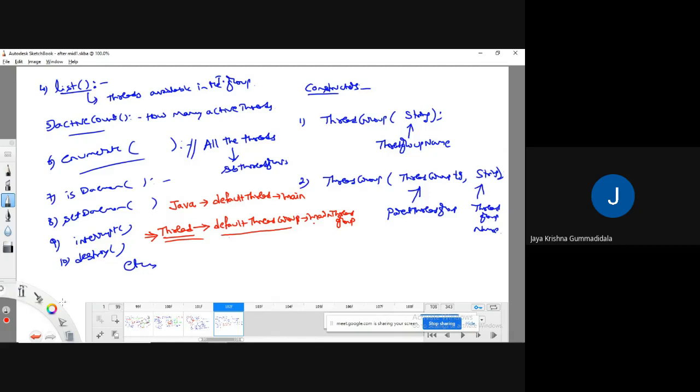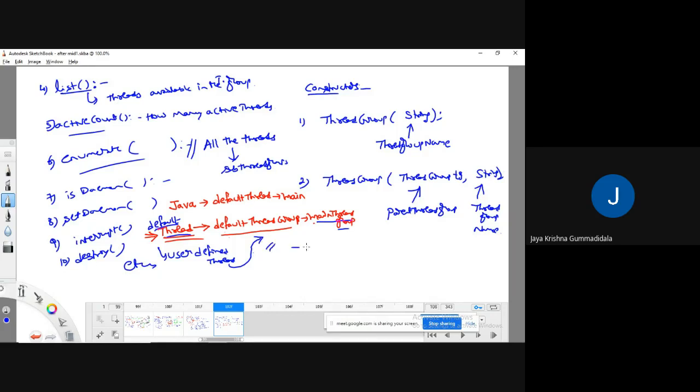This default thread group is for the main thread, which is the default thread, so that thread group name is main thread group. I hope you got somewhat confused here. So what I would like to conclude is that if the thread is a user defined thread, it also has a default thread group.